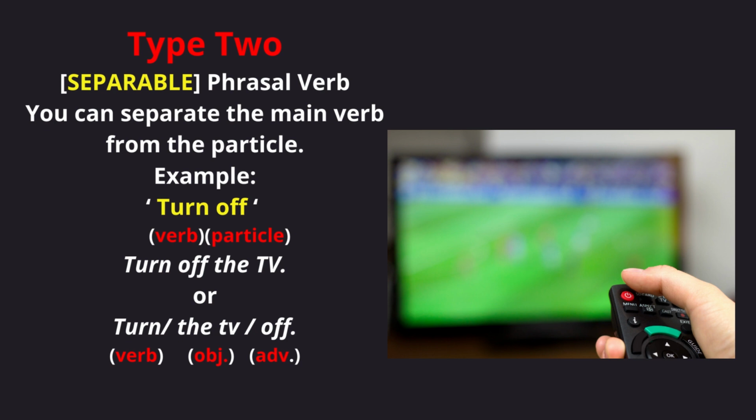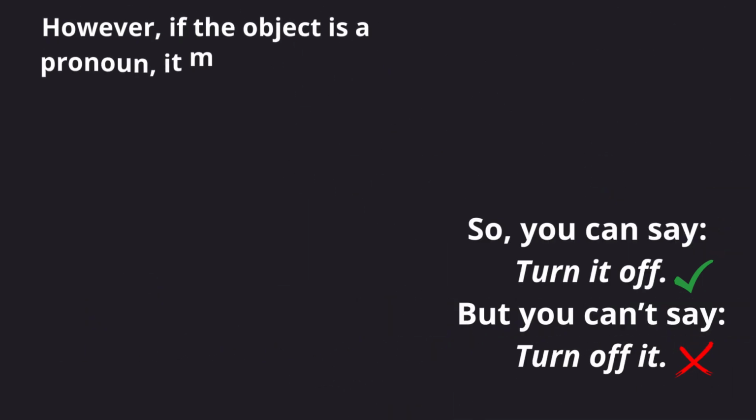Either way, you notice that the TV is the object, and as such, you can put the object between the verb and the particle, or at the end after the particle. Okay? However, if the object is a pronoun,